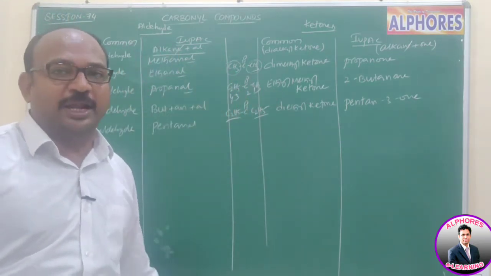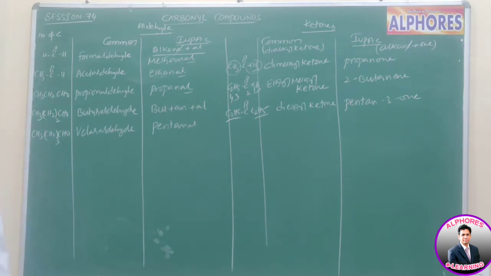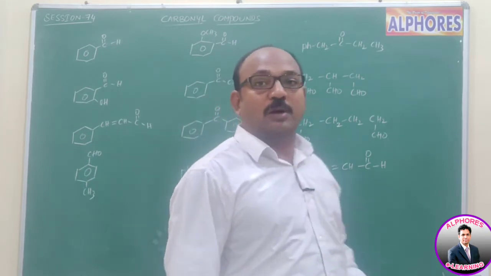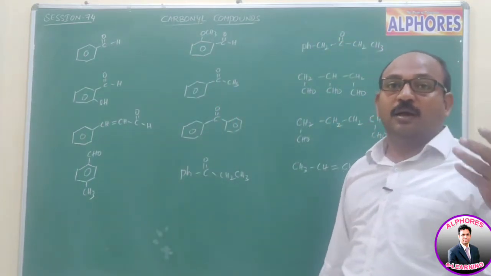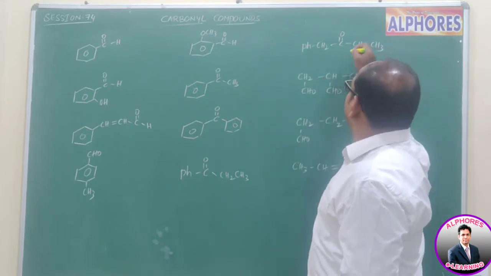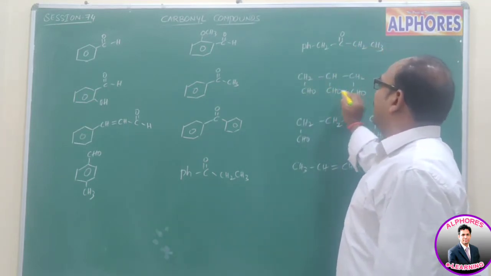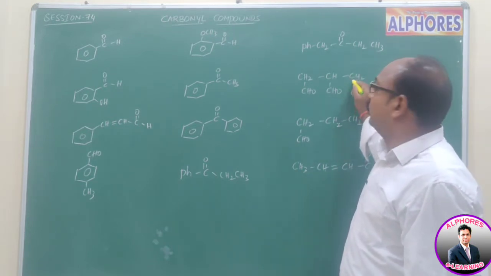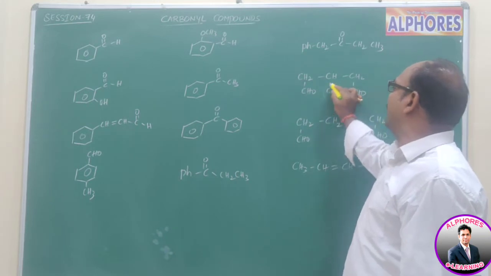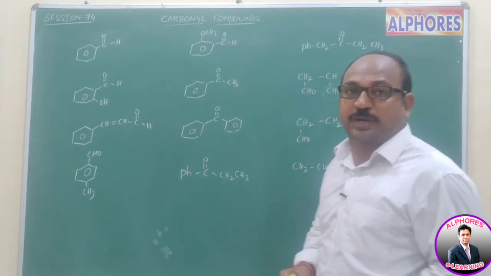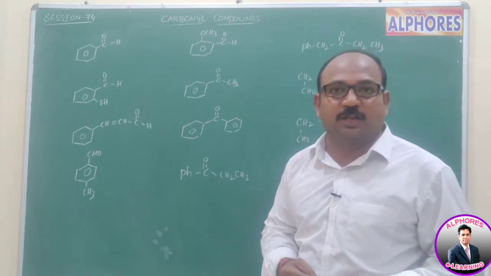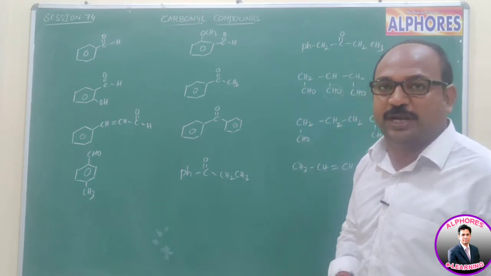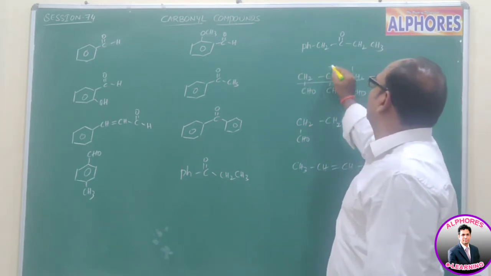Let us see a few more names of these aldehydes and ketones. Let us see the IUPAC names of a few more compounds which we learned in first year. Whenever the same functional group is located here, if you try to assign numbering 1, 2, 3, 4, 5, obviously you would have to consider one as the functional group and another as a substituent. But here all of these are the same functional group. That's why we are not supposed to consider one as the functional group and another as a substituent. So here we number 1, 2, 3.